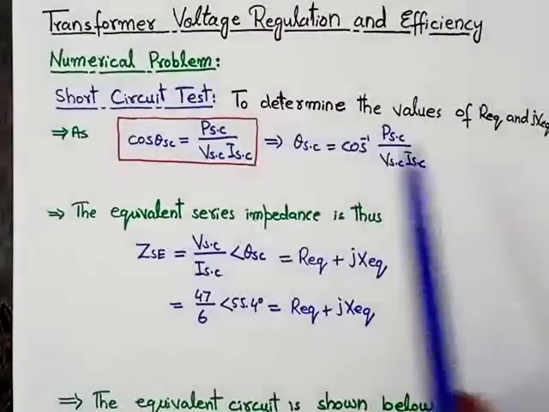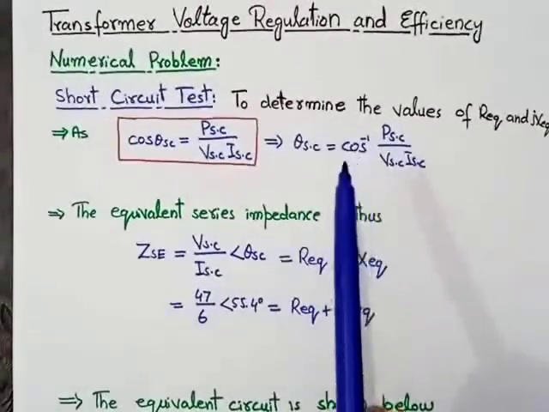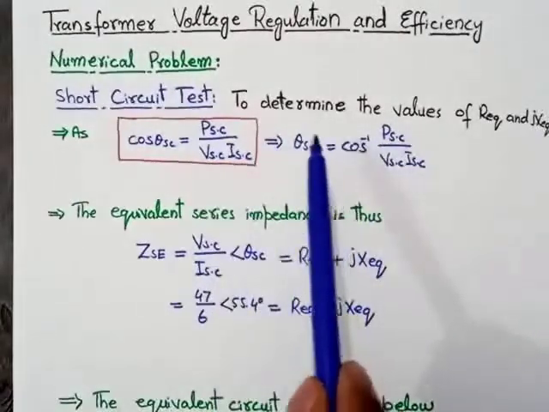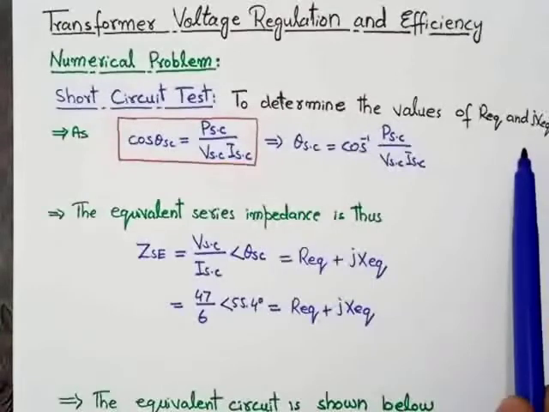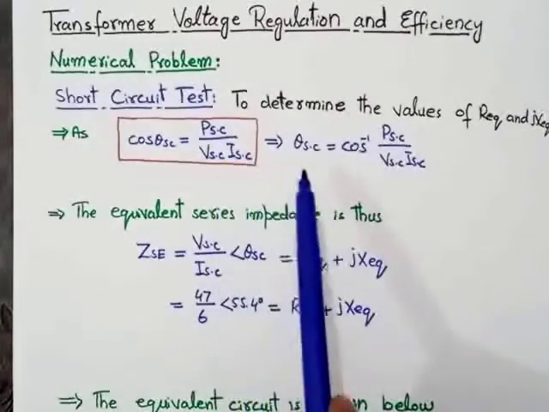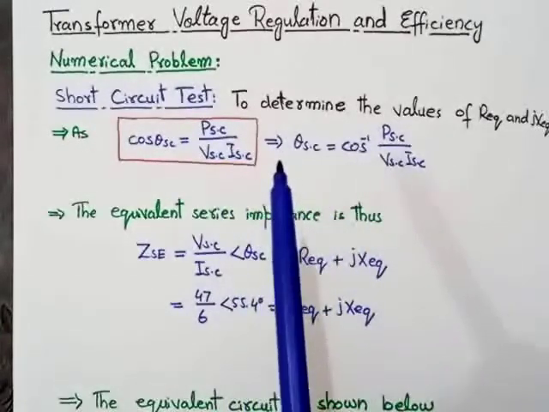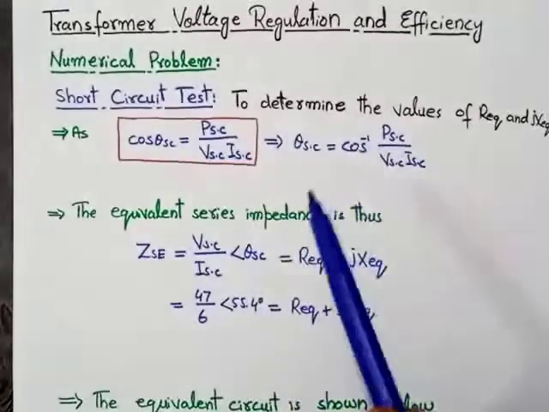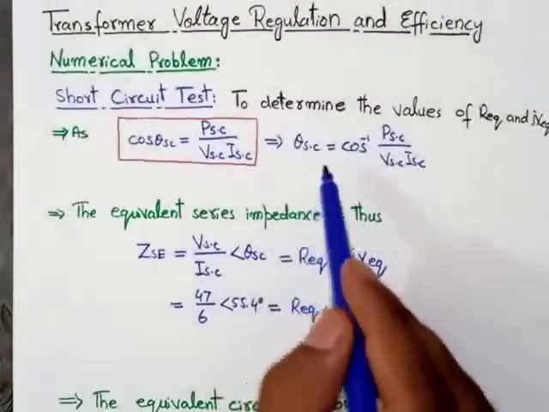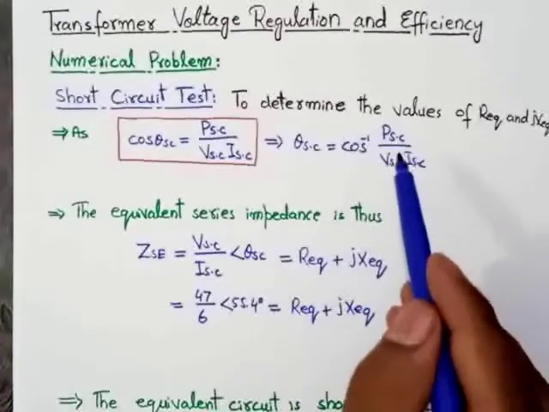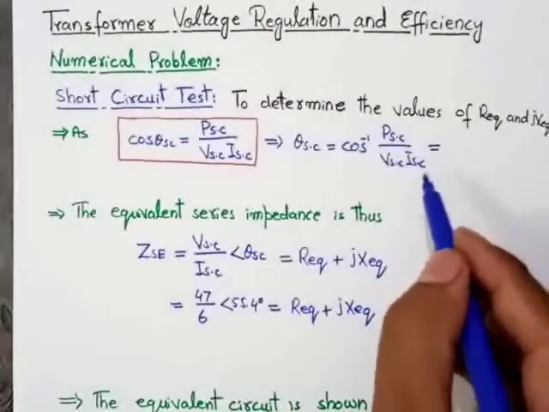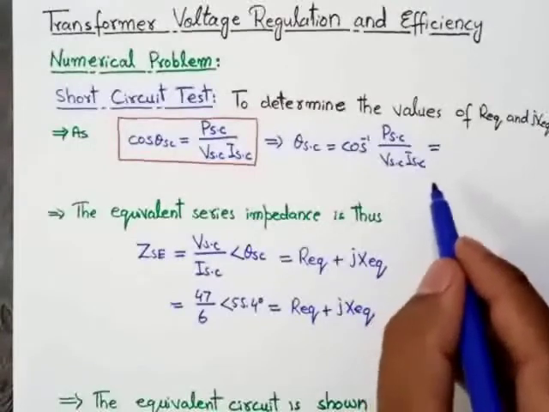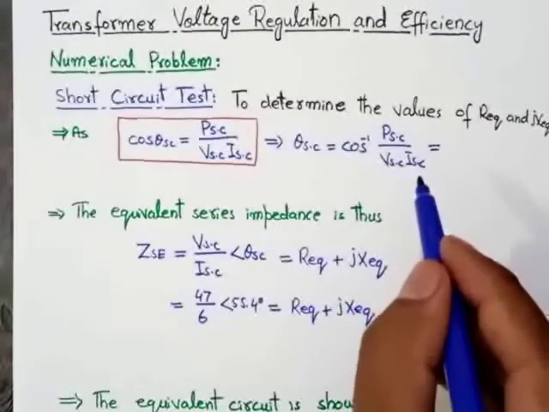As we have already discussed, we perform the short circuit test to determine the values of R equivalent and jX equivalent. So first of all, we will calculate the short circuit angle. As we know, short circuit theta will be equal to cos inverse of P over V into I. Putting the values of P short circuit, V short circuit and I short circuit in this equation, we get the